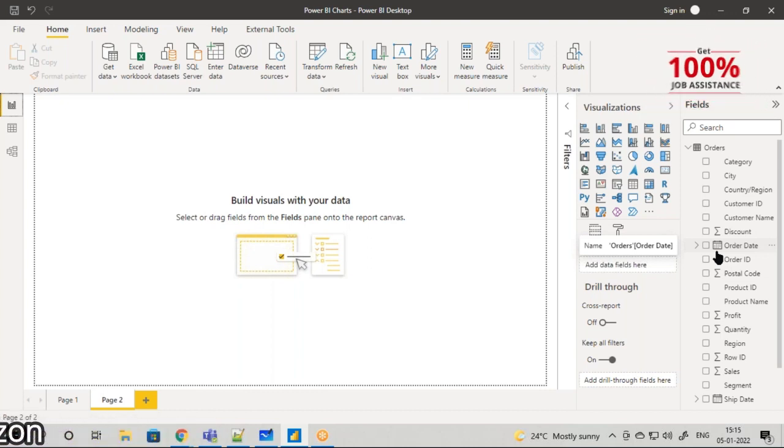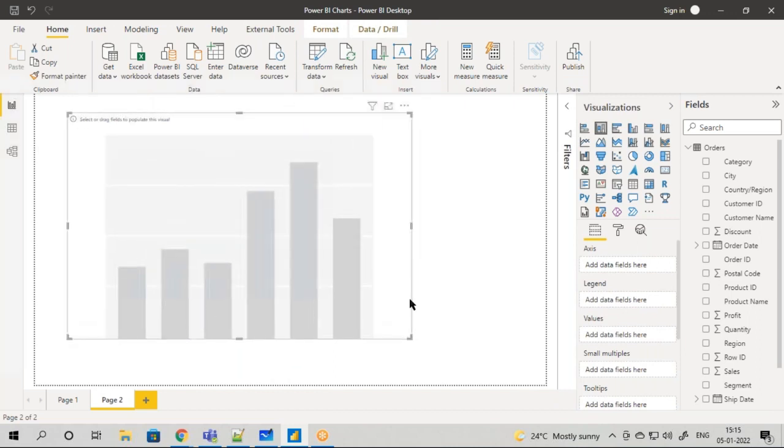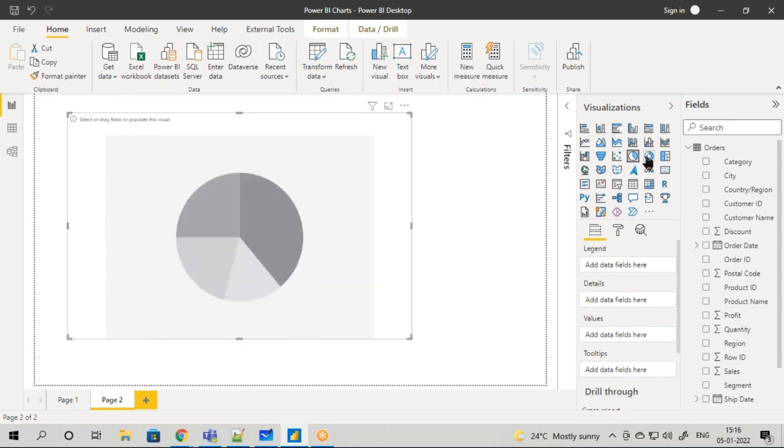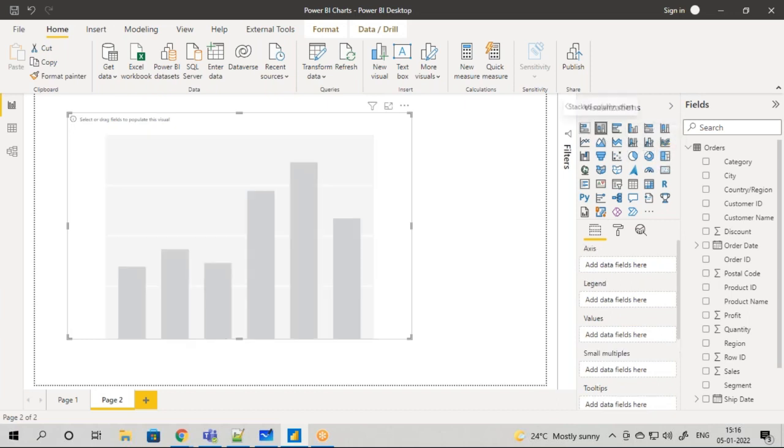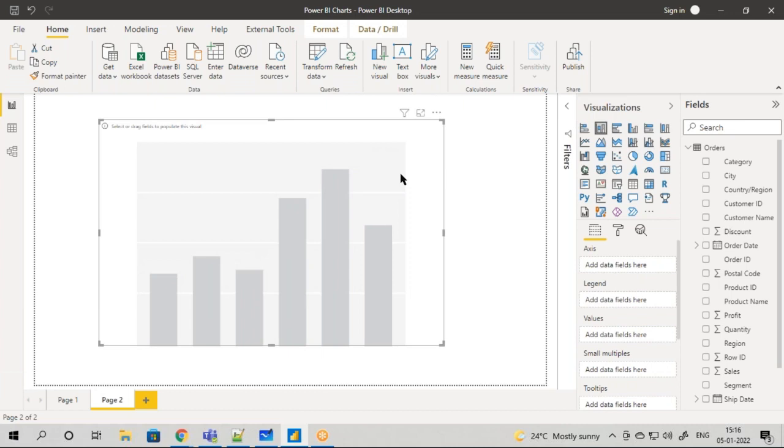Now we are going to visualize our first graph. The first thing you have to do is, this is a page where you can start creating your visuals. I'll just go and click on one visual. The moment you click on this visual, the skeleton of this visual comes into your page. You click on any visual, you can see the skeleton. So for now, I have the skeleton. Now, my next objective is to just fill the form. The moment I fill the form, I will be able to get the graph.